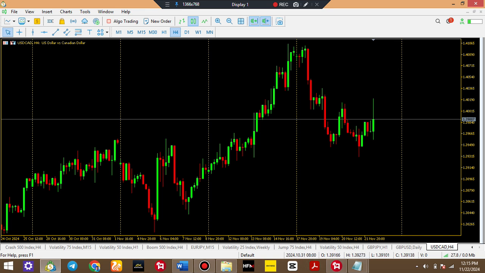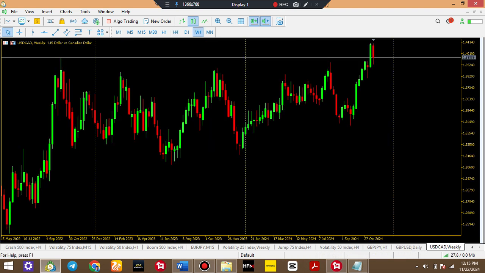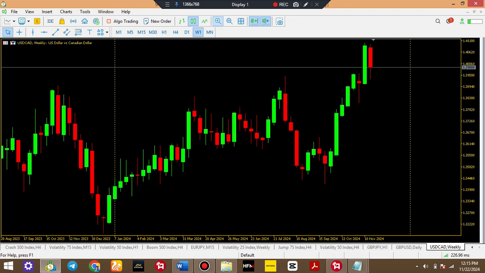Which pair is this? Okay, this is USD CAD on H4. Now let's assume I want to trade USD CAD, right? We are told that the first thing we should do is go to the weekly time frame and see what price is doing. Now, when you look at the weekly time frame very closely,